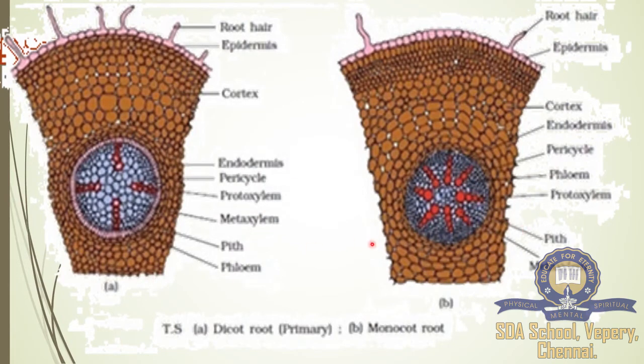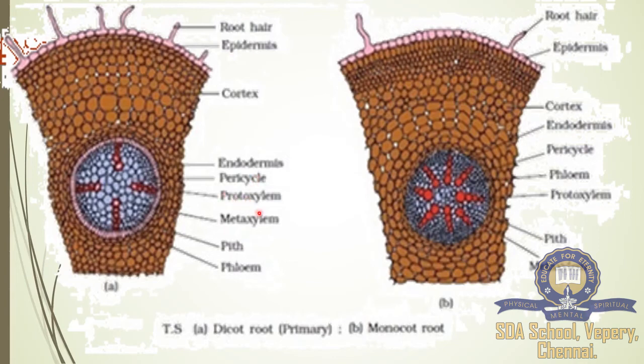Here we have a transverse section of dicot root and monocot root. See, the structure itself has a difference. Both have rootlets, but in the dicot root they are maximum, while in the monocot root they are very few in number. The epidermis is the outer layer in both root systems. Next to the epidermis, in both systems, we have cortex and then endodermis, also the same. But when we look inside, see the pericycle. So all the parts are the same but different.